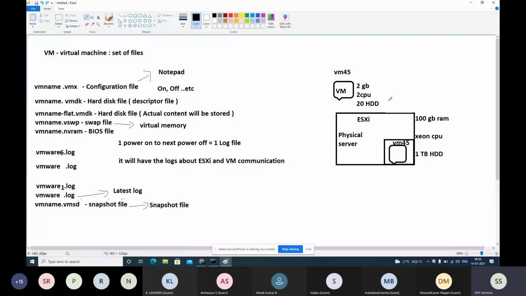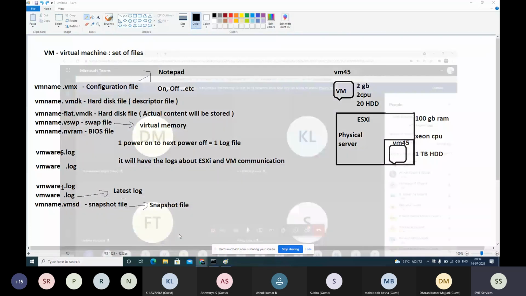Now it completes all requirements for a computer. Now it works together like a virtual computer. Whatever components are needed for a physical computer are now available with the virtual machine and work together as a virtual machine. Clear? I will quickly show, if we create a virtual machine, how these files will be created.